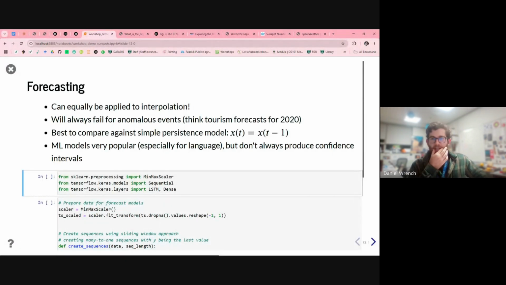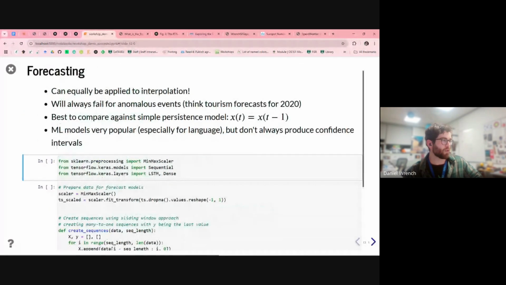And the other thing you have to keep in mind, whenever you're testing some fancy model, is to just compare it to your simplest baseline model. Typically, what that is for forecasting is what's called a persistence model, which is just saying the next value is going to be equal to your current value, or the current value is equal to your previous value. So you always want to include that in your evaluation, so you're not actually doing worse than the simplest possible prediction you can make. Okay. So that's an important baseline to use.